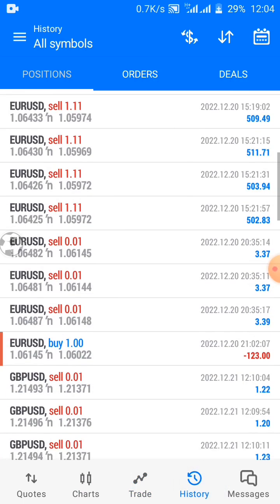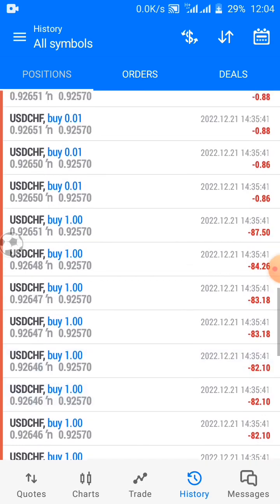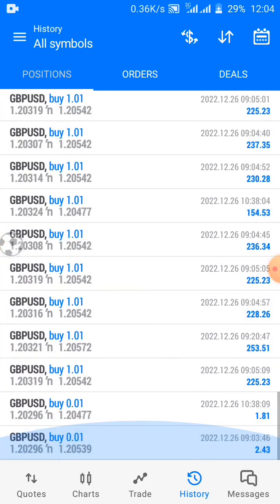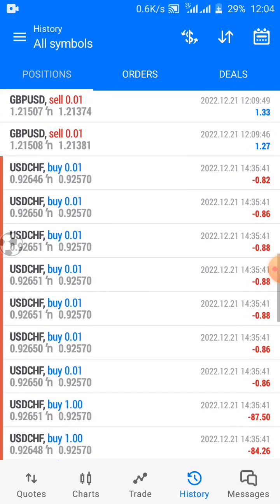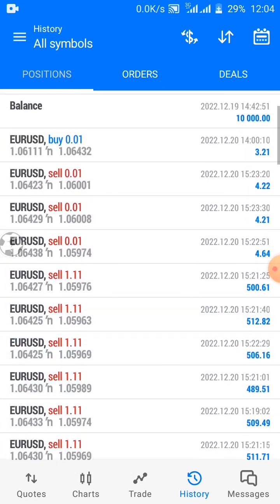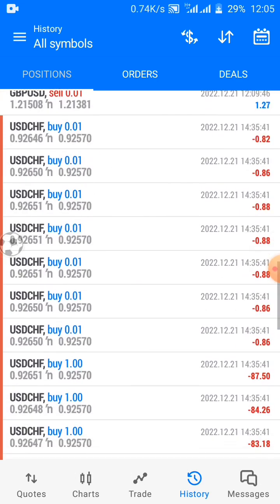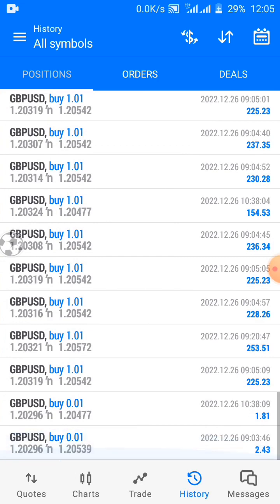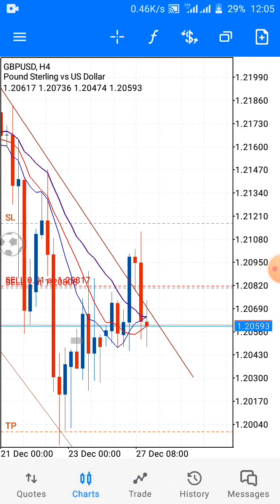As you can see, that's what I've been doing in my own chart. Of course, there are going to be some losses, but your losses are going to be so small compared to your profits. Okay, so as you can see, my profits, and then see my losses. So that's it. So if you are trading, make sure you look out for this candlestick pattern, the inside bar